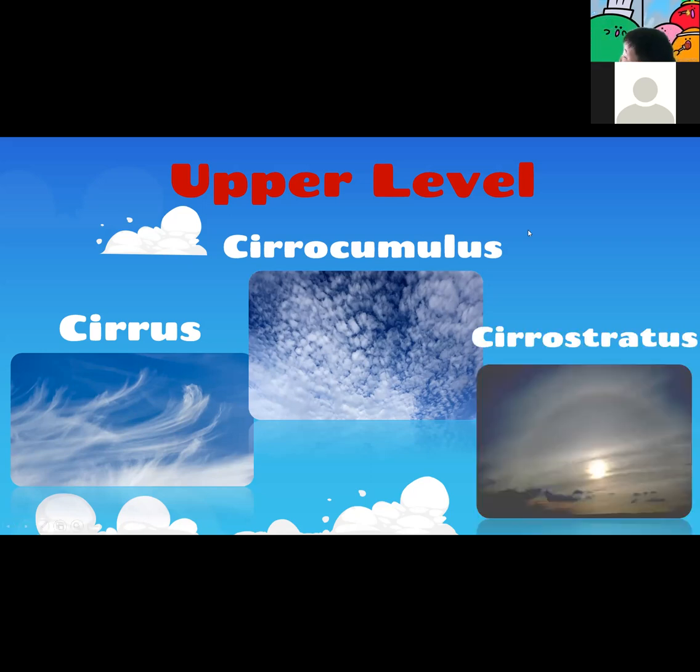Okay, and for the last one, we have cirrostratus. When you say cirrostratus, look at this, class. These are transparent, high clouds which cover large areas of the sky. As you can see, they sometimes produce white or colored ring spots or arcs of light around the sun. So this is the sun, and can you see my arrow? This is the sun, and these are the spots or arcs of light around the sun. Okay, I just admitted 5.